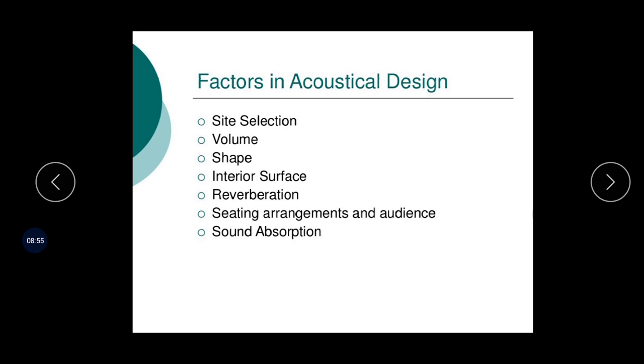The point is shape. What is shape? The shape of the room is a more important consideration in the acoustic design of an auditorium, as it is the governing factor in correcting defects like echoes, sound focus, dead spots, etc., which are due to the reflection of sound waves. For better distribution of intensity of sound, it is not the volume only, but the shape of the auditorium also plays an important